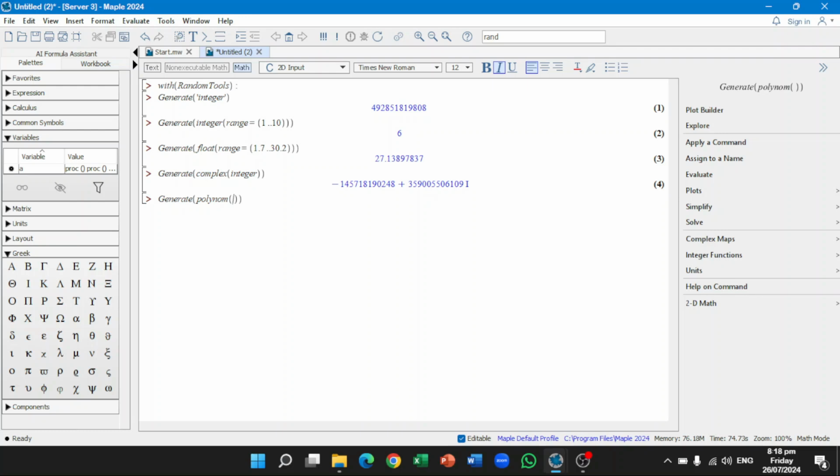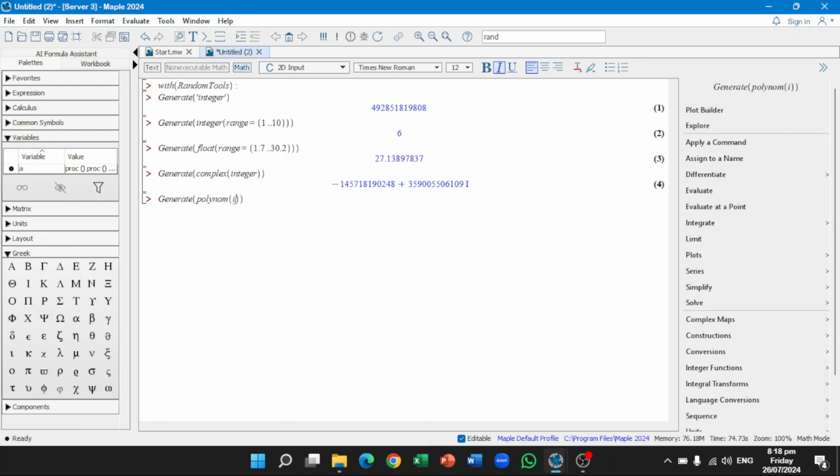For coefficients, for constants, we can just give integer, rational, or there can be some variables for which we can use the choose command. For this example, I am using integer. Next, we have to specify the variable x and the degree of our polynomial, which is going to be 4.